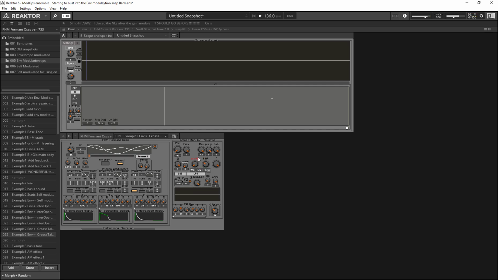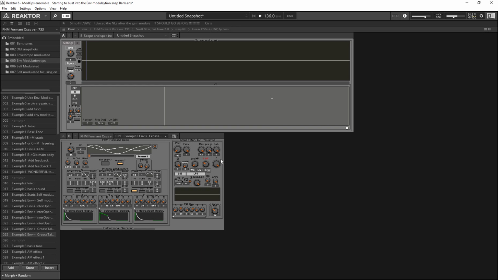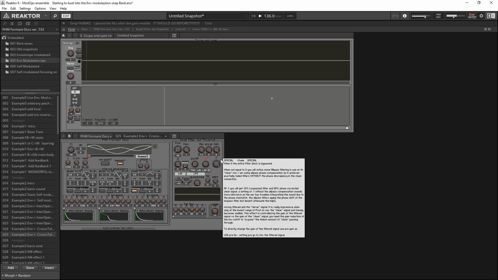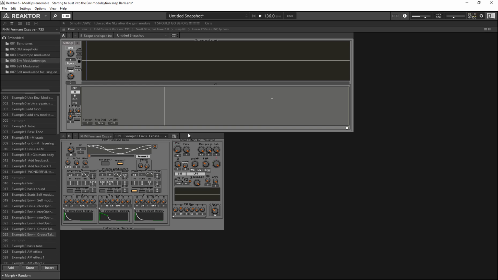So we explained the pre-high pass cutoff. This is the resonance low shelf cutoff. It sets the cutoff for your resonance low shelf, which is a high pass filter implemented in the resonance path of each of these filters. When you have a filter that is resonating and your cutoff is anywhere near your fundamental frequency, it will